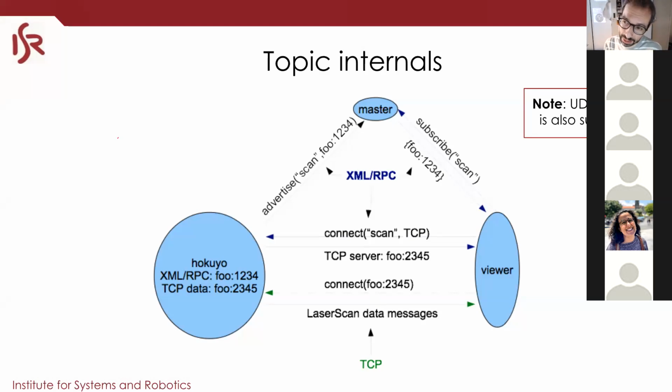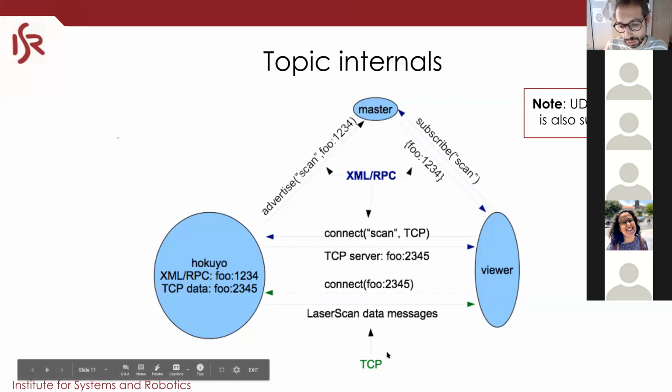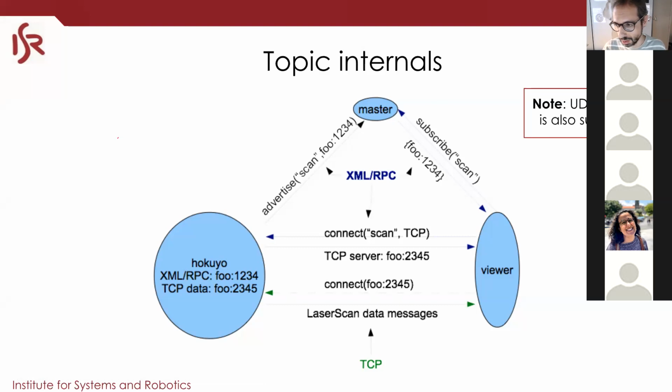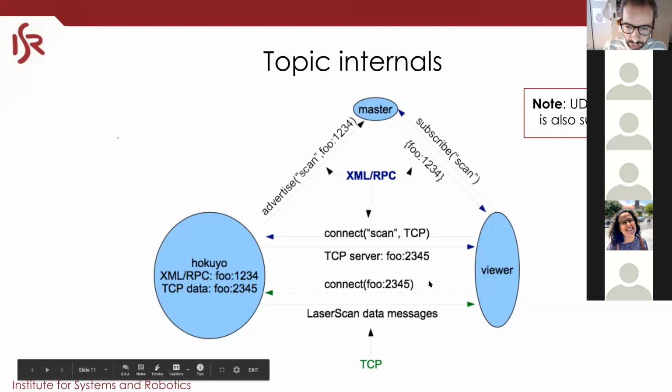And since the default is TCP, it starts accumulating, and then you get congestion. Okay, that's a good case where you should switch to UDP, because when the network degrades, you lose those messages and you are okay. So you can choose when you subscribe whether you want to connect TCP or UDP.